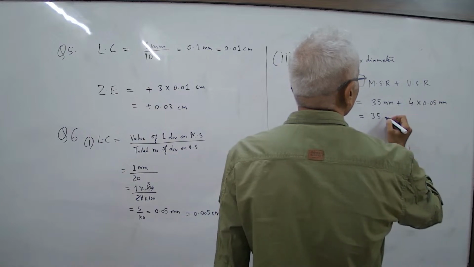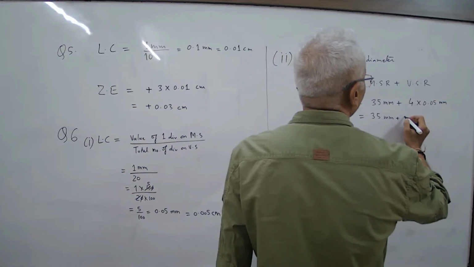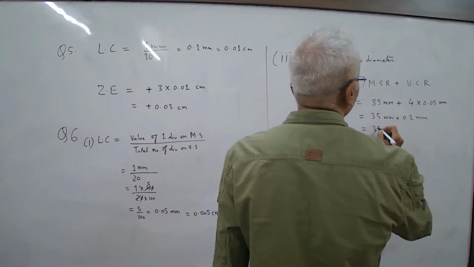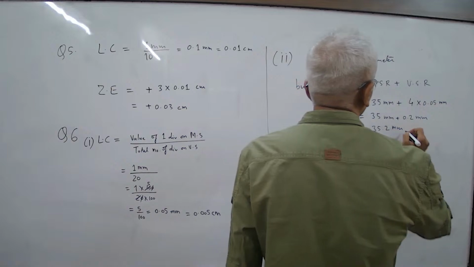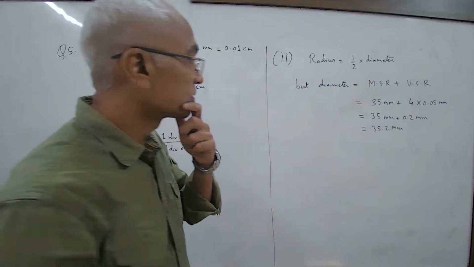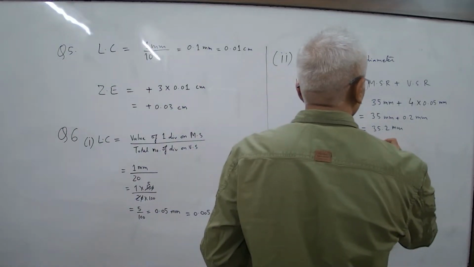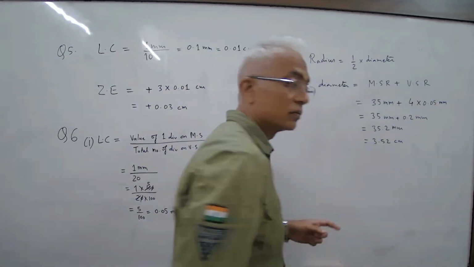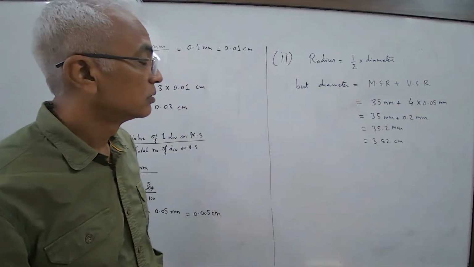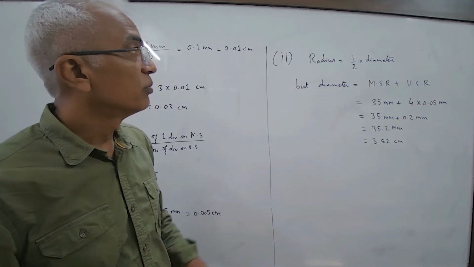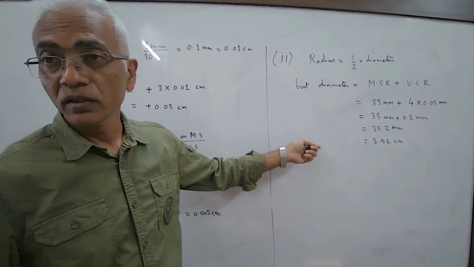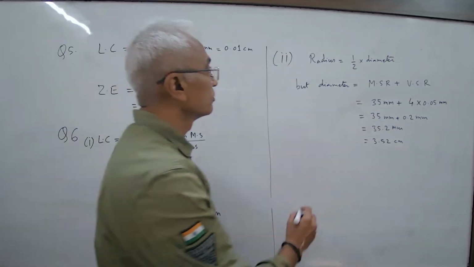35.2, because 4 by 20 is 0.2 millimeter. So how much is this? 35.2 millimeter. This is the diameter in millimeter. So this is equal to 3.52 centimeter. Correct? But we wanted radius. Okay? So what will be radius then? Half of this. Therefore radius is equal to